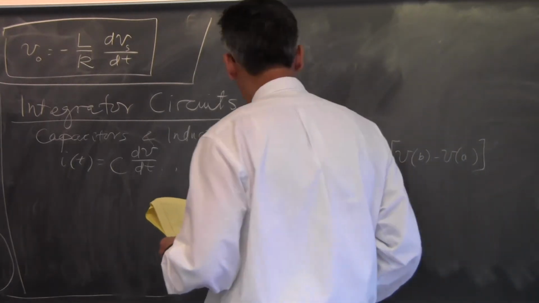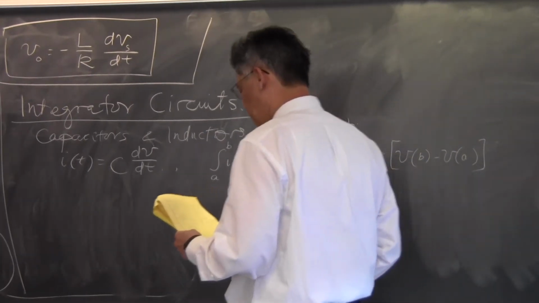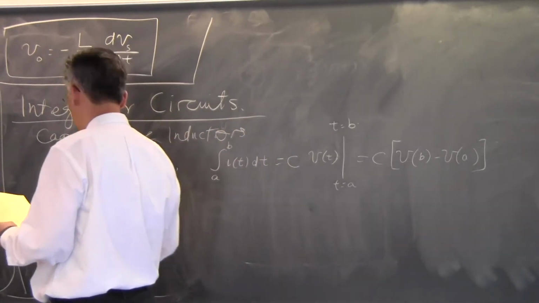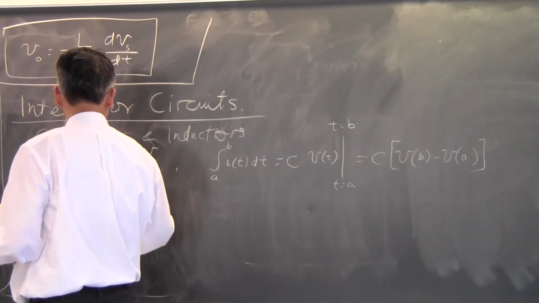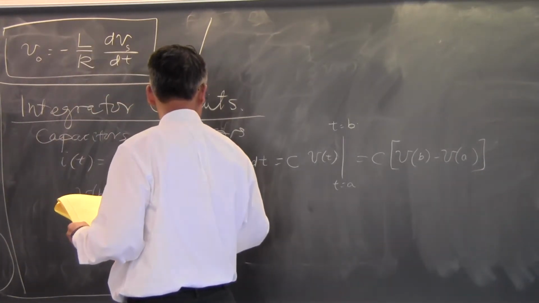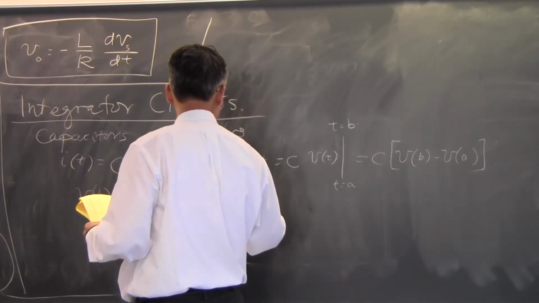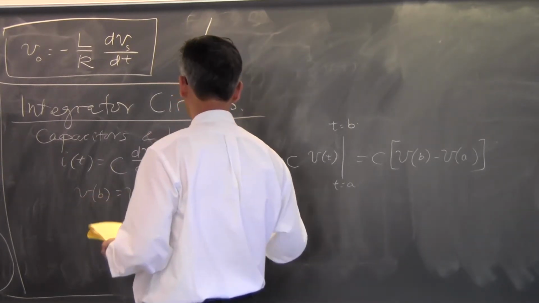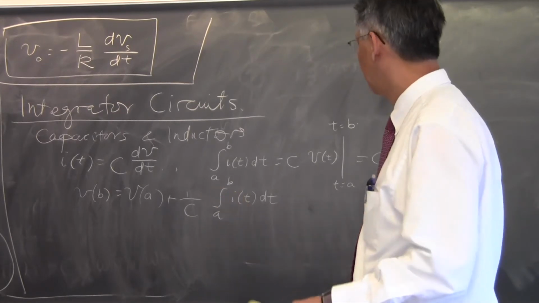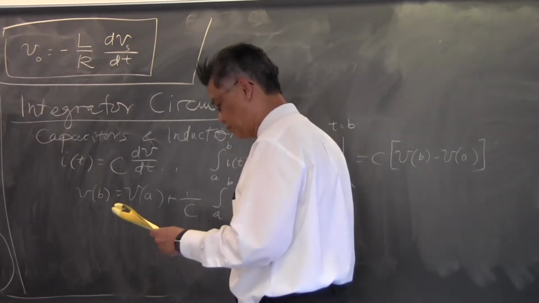Okay? So in general, for a capacitor, I can write that V_B is equal to V_A plus 1 over C times the integration from A to B of i(t) dt. Okay, so this is a general relationship. But if you want to write these variables in terms of time,